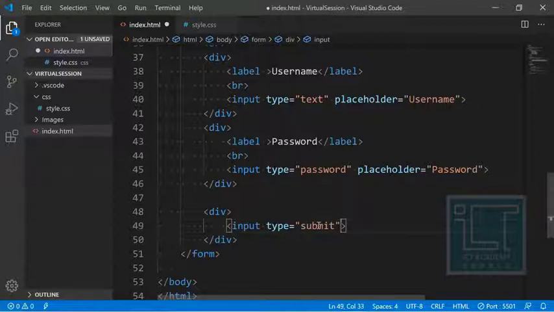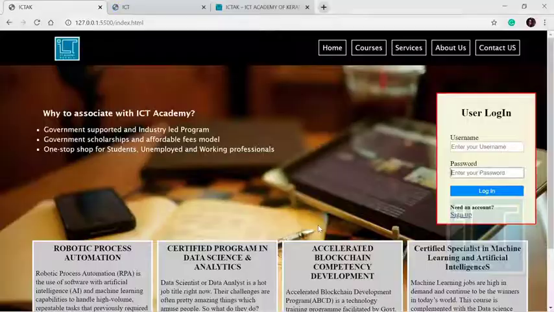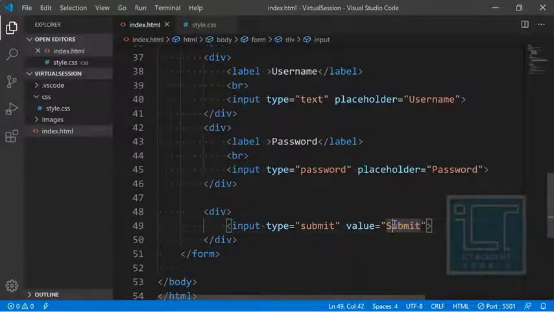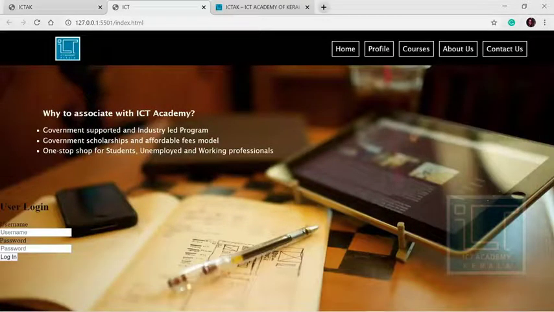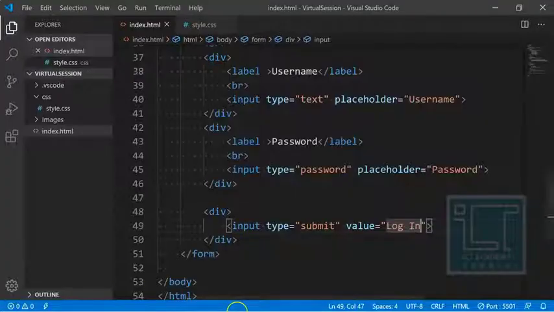If you give type equal to submit, then it's going to come as a button. And we can give the value. The value of the button can be submit, or I think it's login. Yeah, login. So instead of submit, I have to give login. Okay, let's see what is coming up. See, there is a login button. It is a button, it's not an anchor tag, or an input field where we can enter. That is only because its type is submit, we can't enter anything into that particular input.